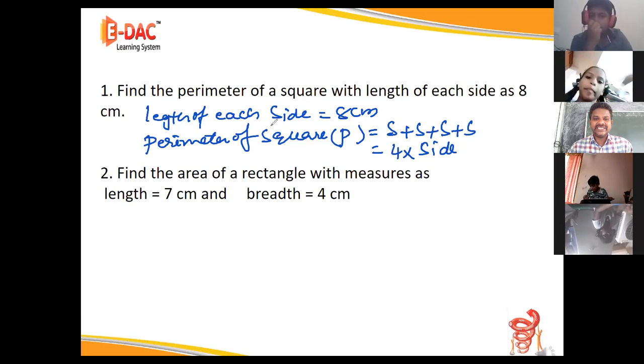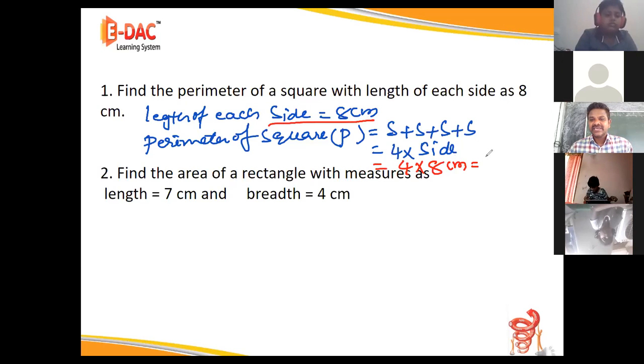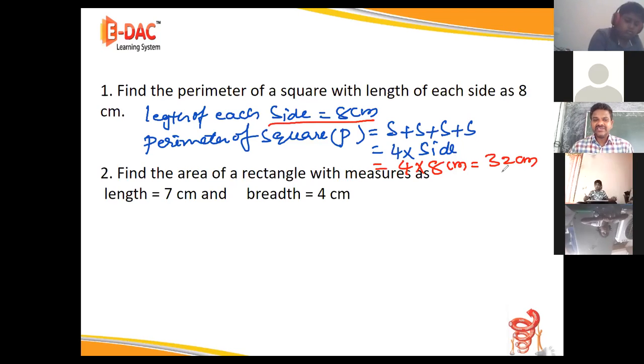What side is it? It is 8 centimeters. So 4 into 8 centimeters equals 32 centimeters. So this is the way of finding the perimeter of a square. Next, if the length and breadth are given, how to find the perimeter of a rectangle? So to find the perimeter of a rectangle,